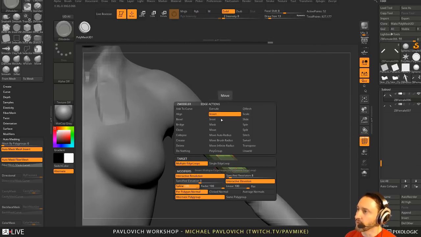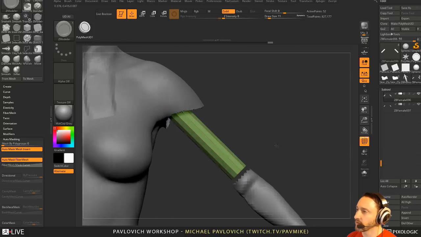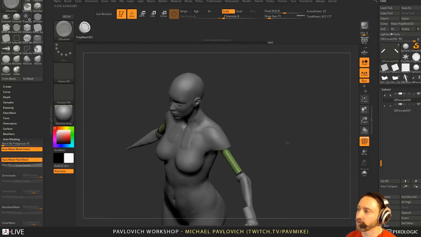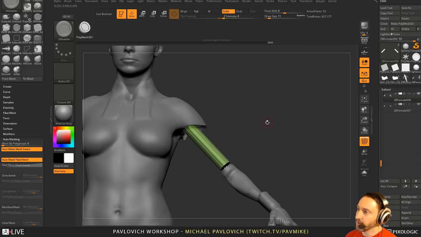Now through here we can do insert single edge loop. We can clean this up a little bit. Let's say we want this thing to be a little bit more organic. This is a cool look for something like farm equipment, where it's linear actuators and gears, and anything mechanical that needs to happen is on a very linear plane. If you want to play with that a little bit, we can go